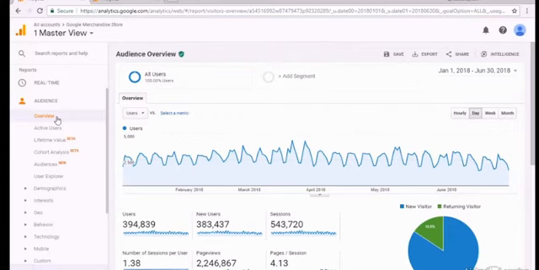So at the top here, we have the audience overview, which we're going to go over in the next video. The overview contained in all these sections provides a condensed report with a variety of the key metrics across a given section. So next,